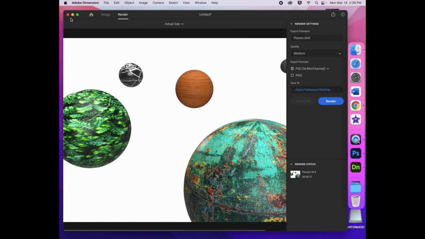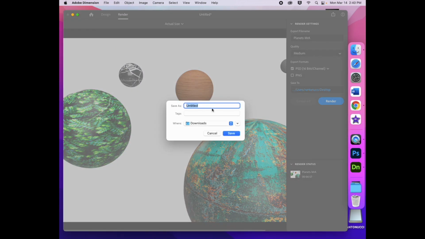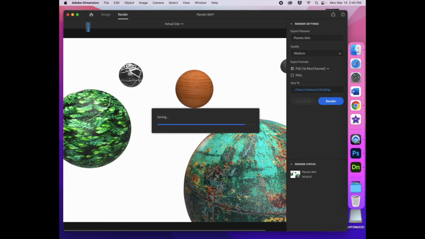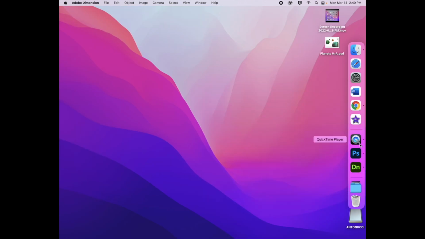Great. So I am going to go to File, save it, and we're going to call this one Planets, same name, Planets, Mr. A. It's okay that it has the same name. We're going to put it in our downloads, save. Okay. Now I'm going to hit this yellow button to minimize my program, and it's going to look like it disappears down into here. And that is the end of part